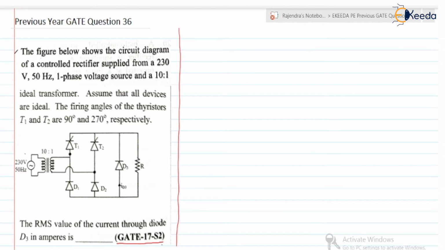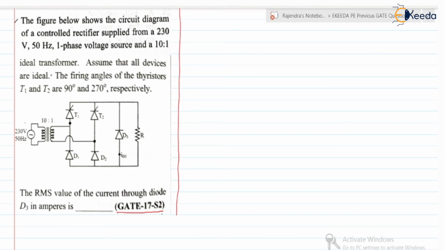The figure below shows the circuit diagram of a controlled rectifier supplied from a 230 volt 50 Hz single phase voltage source and a 10:1 ideal transformer. Assume that all devices are ideal. The firing angle of the thyristors T1 and T2 are 90° and 270° respectively, and they have given it is